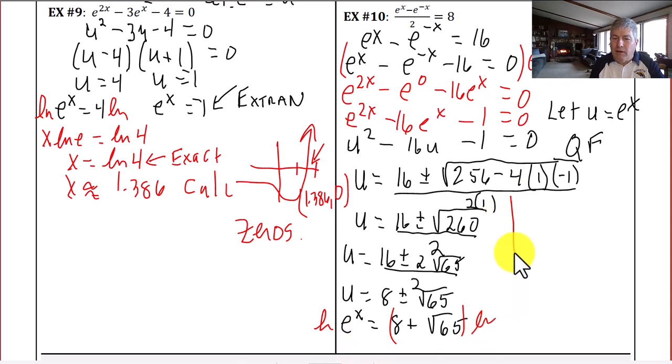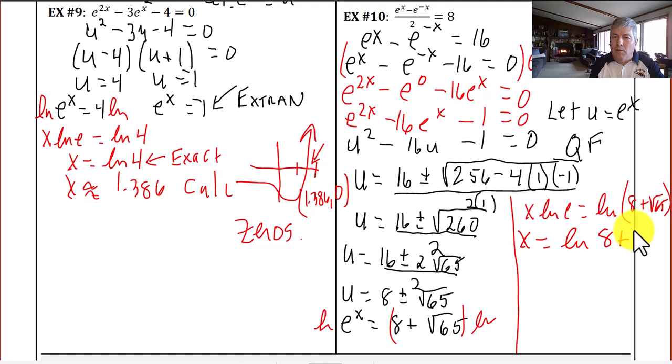And I need a second column here. So we get x natural log of e equals the natural log of 8 plus the square root of 65. So x equals the natural log of (8 plus the square root of 65). I'm going to keep that in parentheses there. And that's my exact answer. Now we can go ahead and put that in our calculator, and we'll get the approximate value of